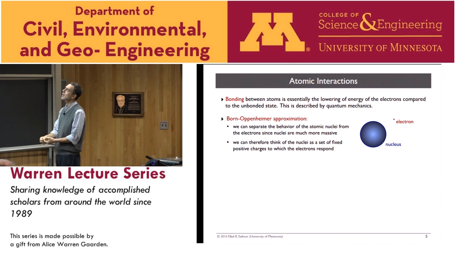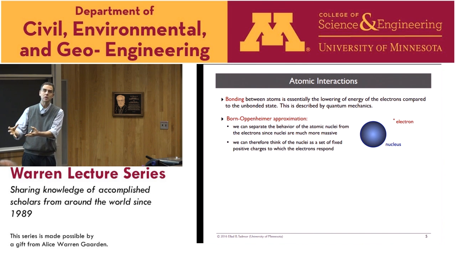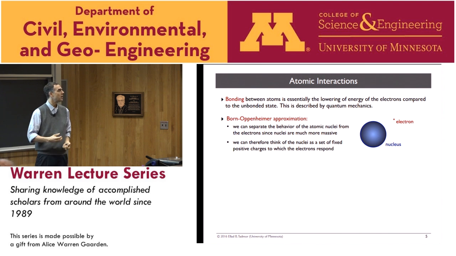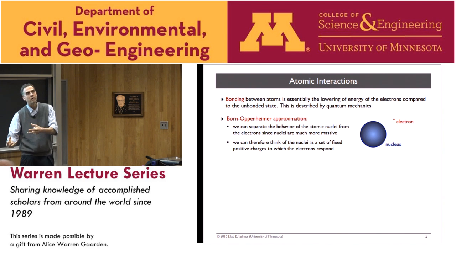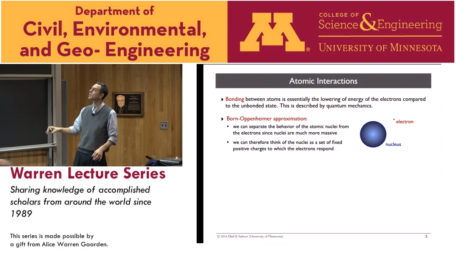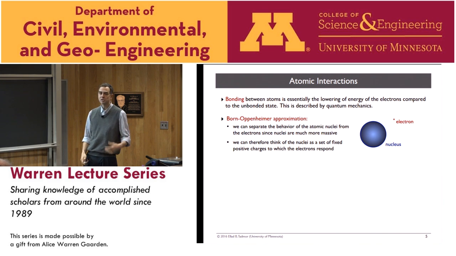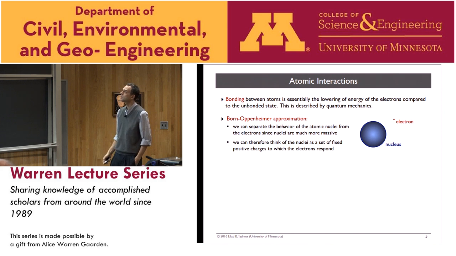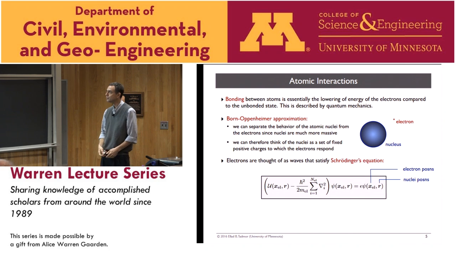And so what happens is that as the nuclei move around, the electrons are very rapid and have time to adopt their ground state as the nuclei are kind of lumbering around and moving on that scale. And so that means we can do a separation. We can separate between the behaviors of the nuclei and the electrons. We don't have to solve the problem together. And that allows us to actually create models only in terms of the positions of the nuclei without explicitly worrying about electrons. That's sort of the key feature of quantum mechanics that allows us to do that.